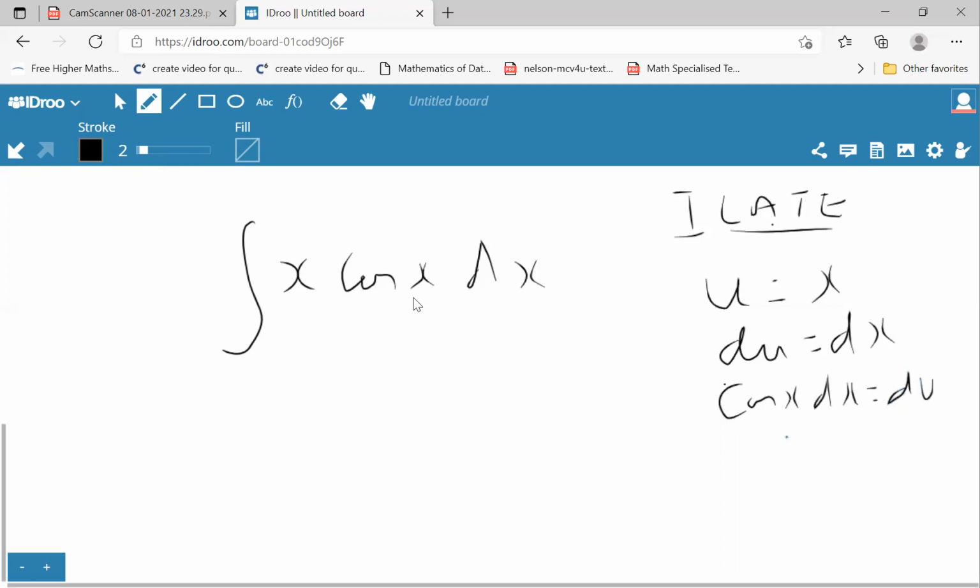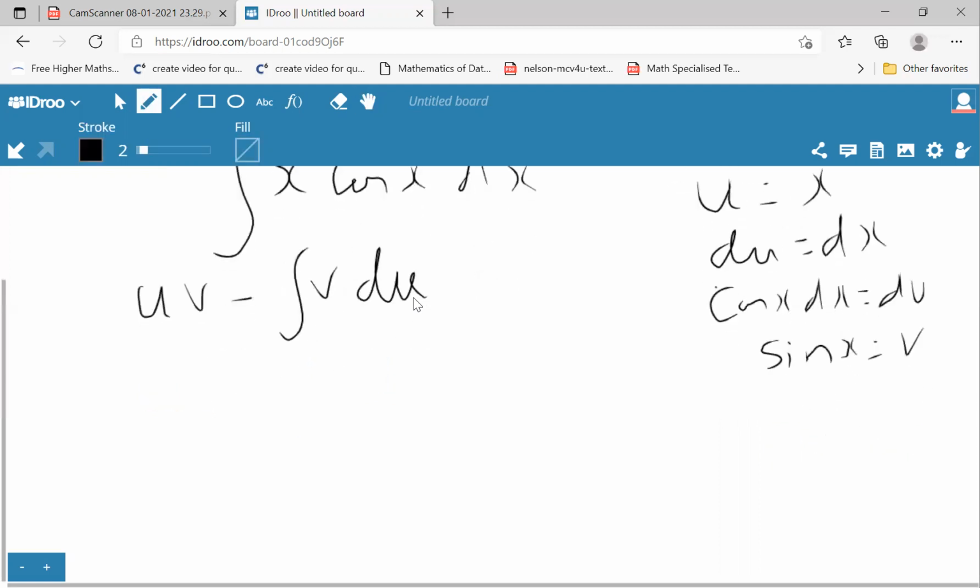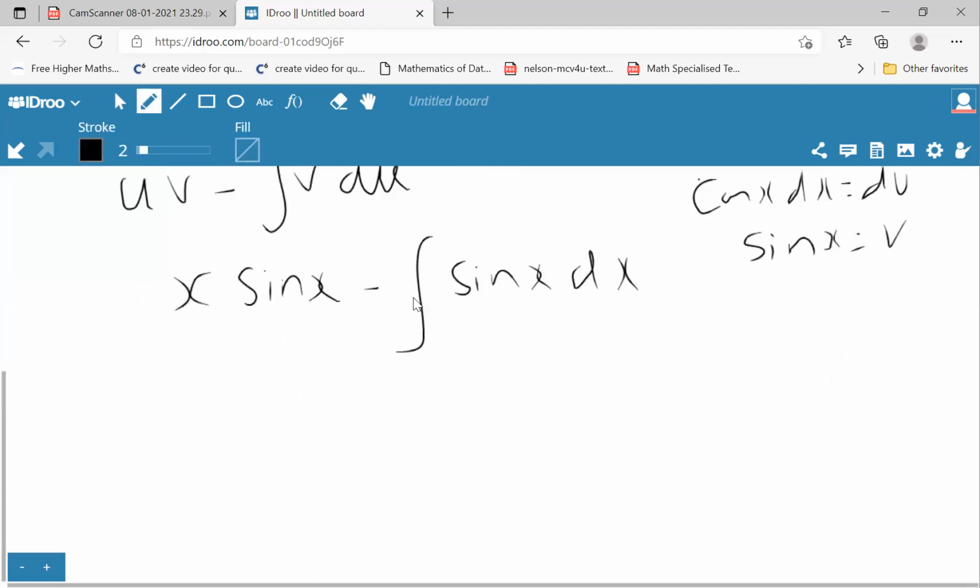So v is equal to sin x, when you integrate cos x dx, you'll get sin x, which is equal to v. All right. So now, you know, the formula is uv minus integration of v du. So now we can write it as x into sin x minus integration of v, which is sin x, and du is dx. So now this gives you x sin x. When you integrate sin x, we'll get minus cos x. So now minus of minus will become plus cos x plus c.